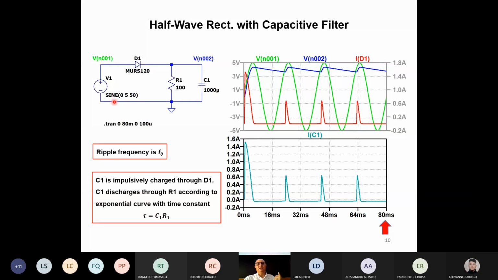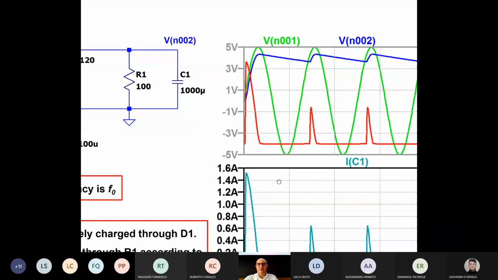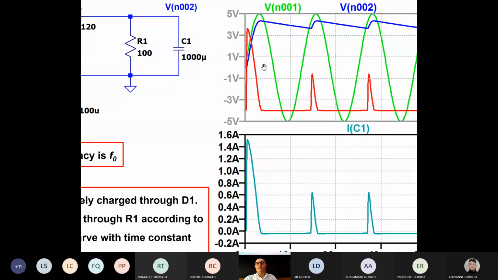When the first sinusoidal wave starts, just because the capacitor has 0 volts, there will be a large peak of current to charge the capacitor,